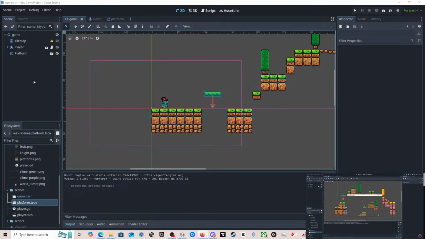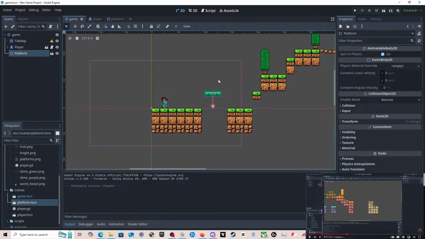So our platform is working, but it's currently just hovering there. We might want some platforms to move around to increase difficulty. So let's use animation to do that. Okay. I'm going to leave this platform here as a static platform. I'm just going to place it there. Then I'm going to place another platform over here. Okay, let's change it up a little bit. Let's go to platform. We stick it about there. And what I'm going to do is, he's going to do left and right, clearly, I'm going to do up and down.